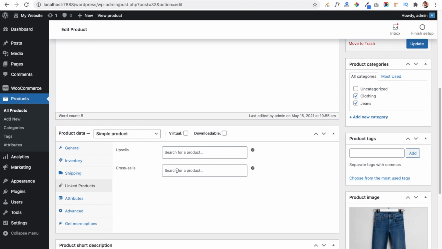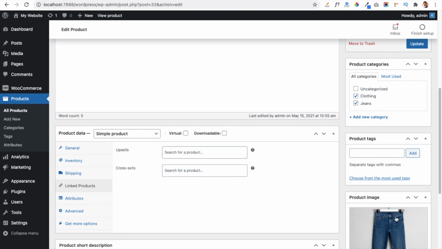Friends, upsell products are the products that you recommend instead of the currently viewed product. So mainly an upsell product is a product that will show in your product page. So we are going to create our upsell product. Actually you have to just select a product which you have already created in your product section. Here with the help of the add new button, you have to select a product which is related to this